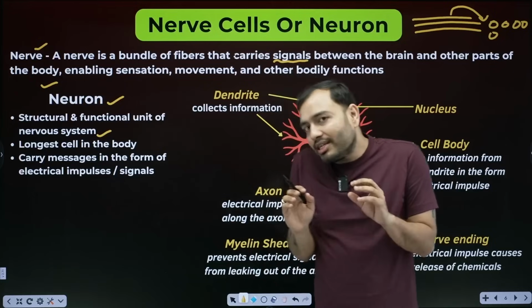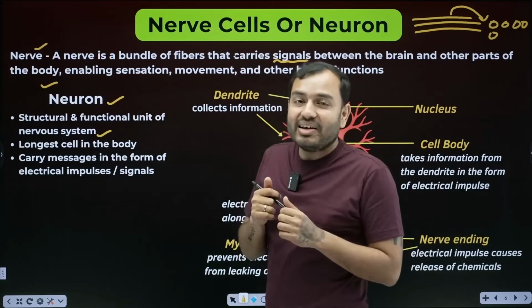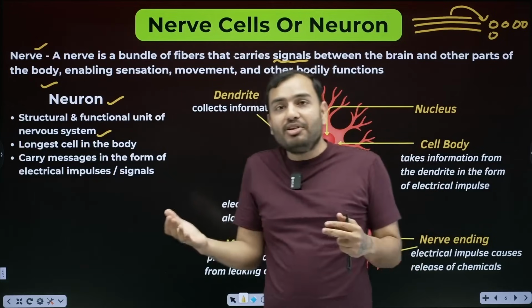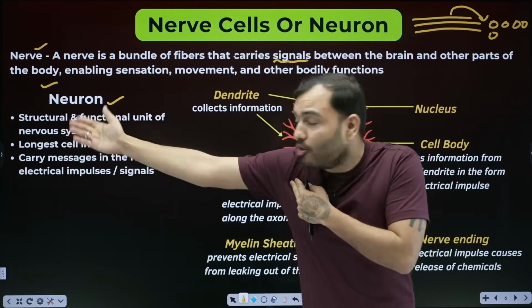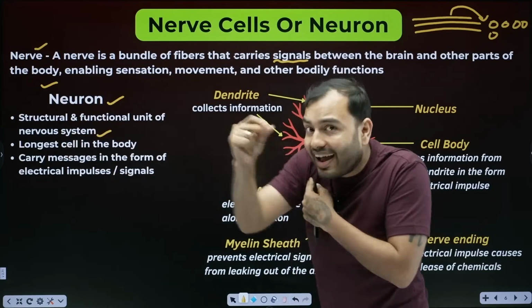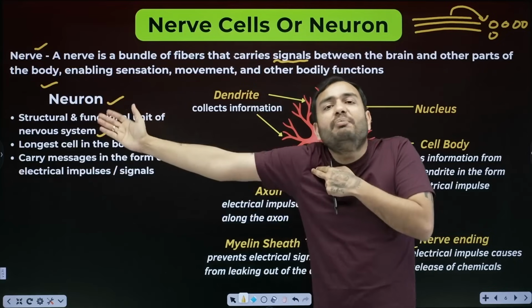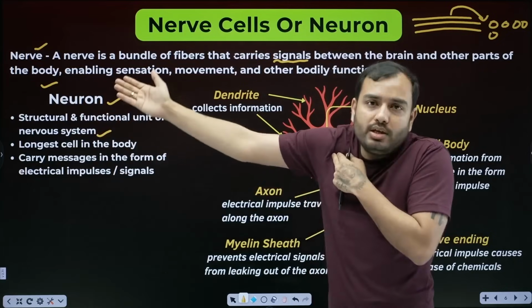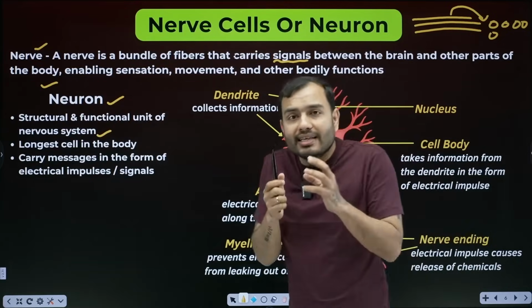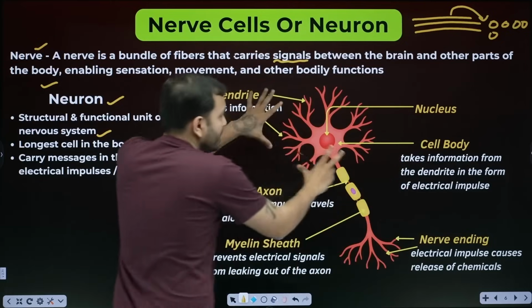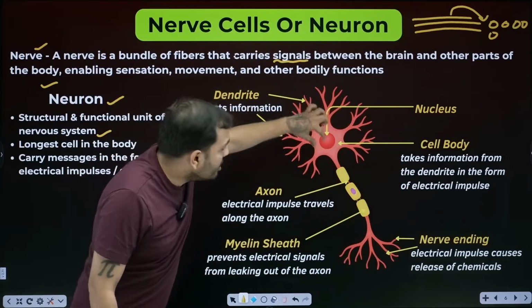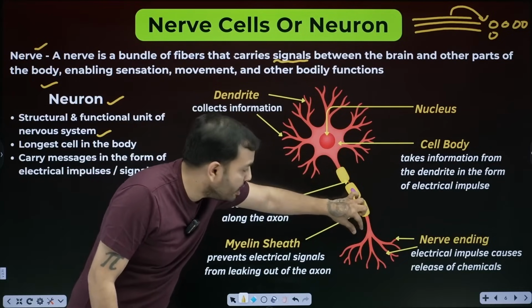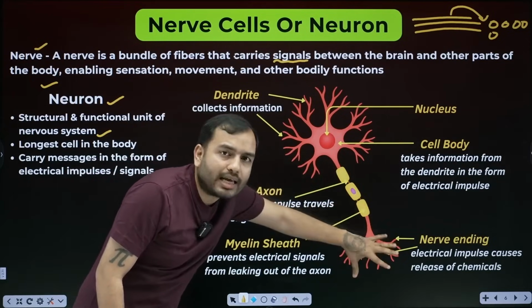Okay. Now a neuron is actually not that small. There are some neurons in our body, some nerve cells, that are as long as 1 meter. Very long, like this, snake-like. It is not the largest, it is the longest. They are thin, long, longest cells. Now how does it look? It looks something like this. Above you will see a head, below you will see a tail. And at the end, it looks like roots.